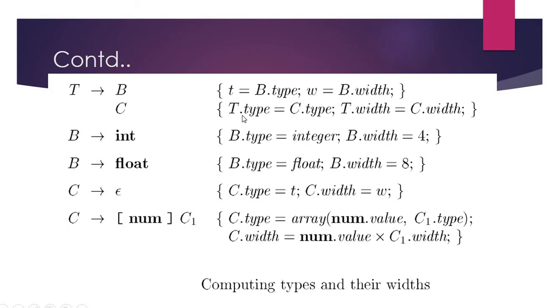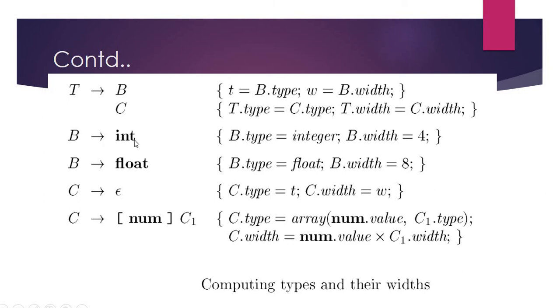Whether we have used basic data types, a structure, or an array, the parent T's data type will be identified from the collection of variables we have given here. Whatever the C.type is will be the type of the parent T, and whatever width the collection of items occupies will be the width of the parent T.